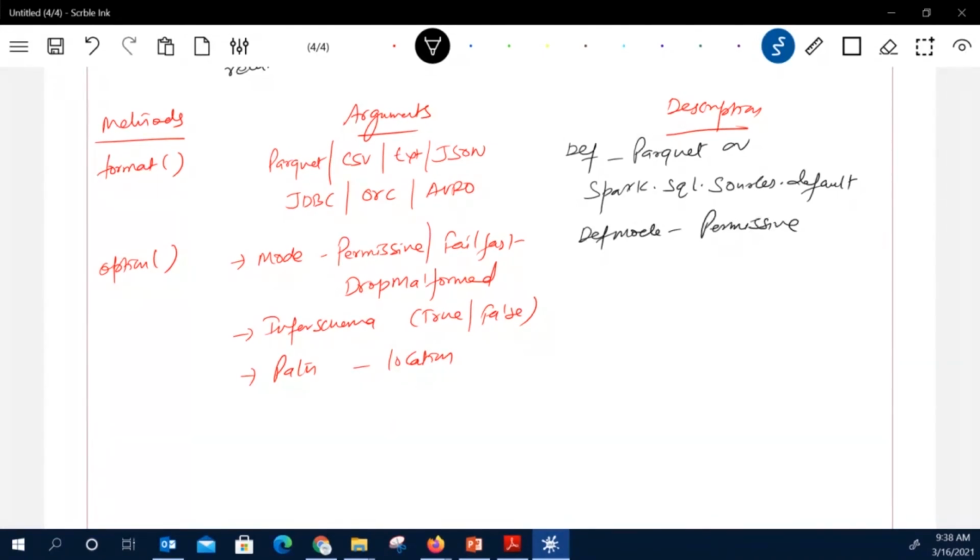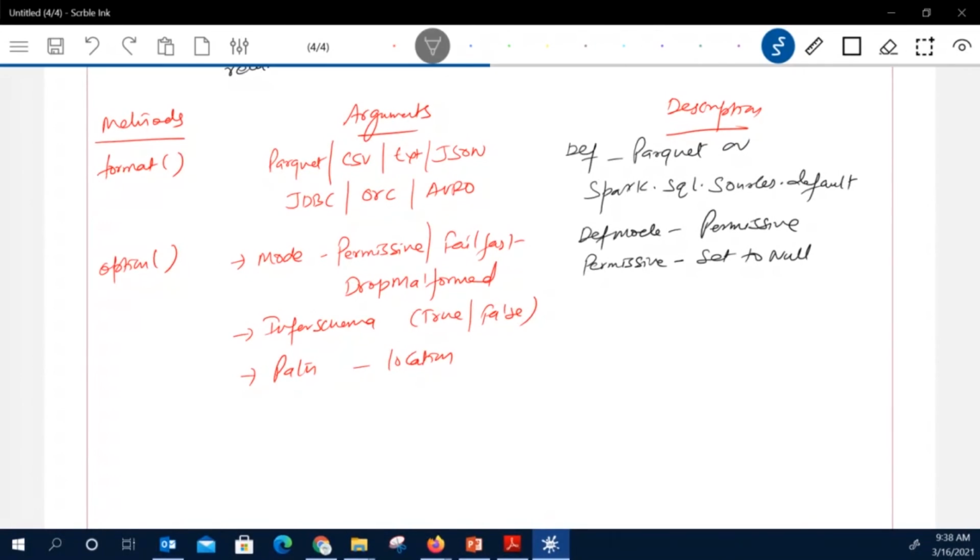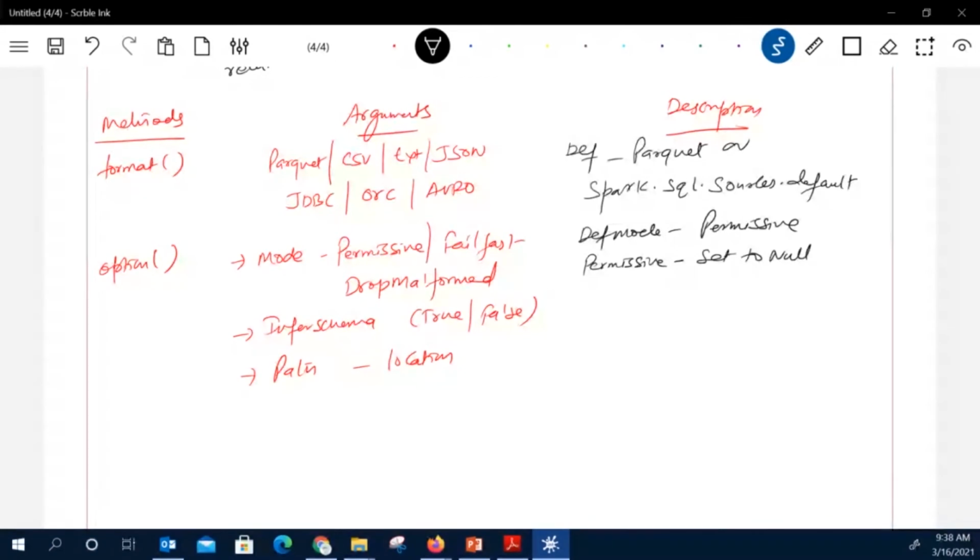Now in this, the default mode is permissive. Okay, and what is the meaning of permissive over here? When I say permissive, it means that it will set to null all the values which it is not able to read, or which have some kind of error. When it is reading the values and some error record is there, not properly mentioned or not defined, then it will simply set it to null in permissive. But in case of fail fast, if we provide fail fast, then it will throw an exception when it is not able to infer the actual record.